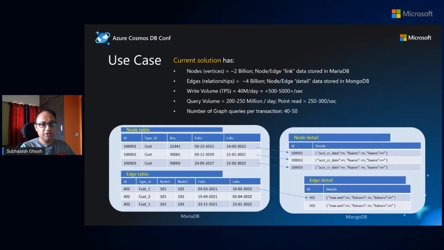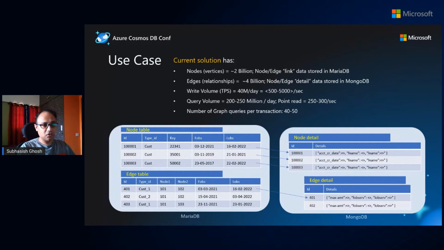So for this particular use case, initially the customer had built a solution using traditional RDBMS databases. When you build a graph solution on top of that, we call it an RDBMS-based graph solution. They used a schema, and I've taken a representational image, of what we call a link table design approach. Let me share some very important numbers related to the use case so that you have an idea of what kind of